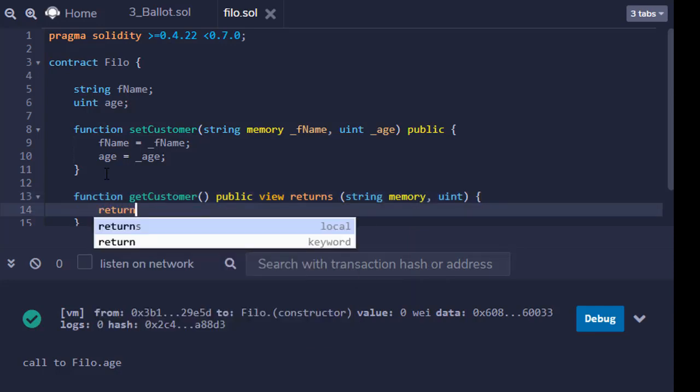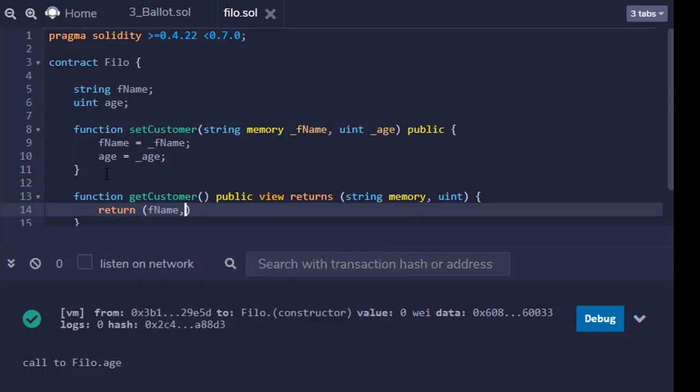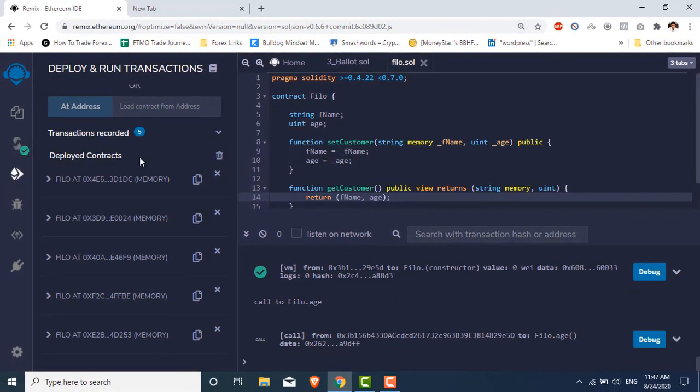So it will return fname, age. So let's run it, and the project is successfully compiled.